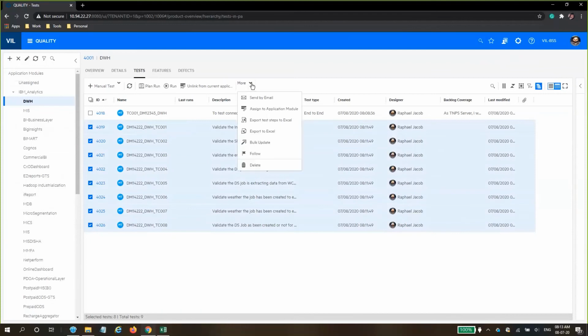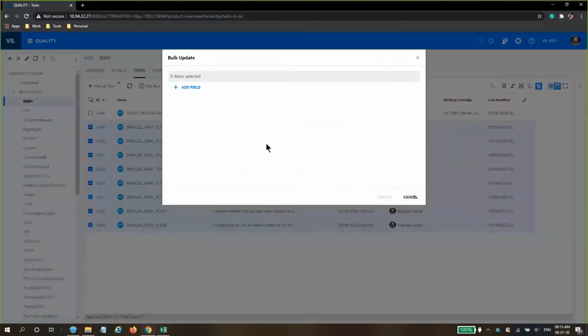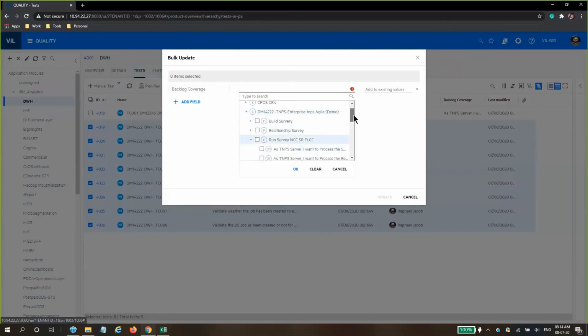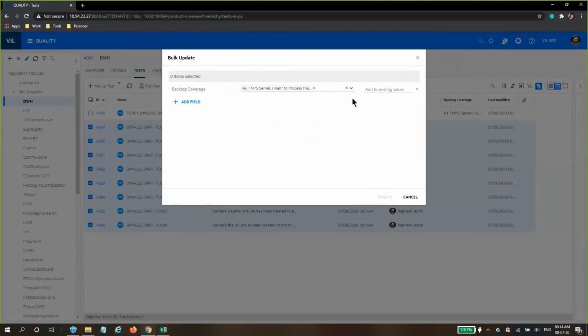Go to more, select bulk update. Here you go to add field, say backlog coverage, and we then select the particular user story. And we'll say replace existing value if any.